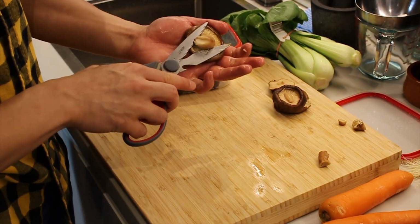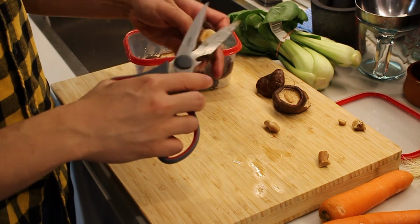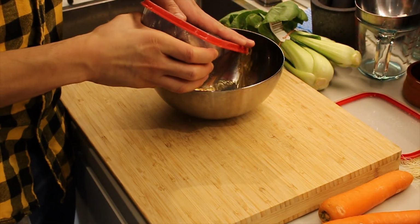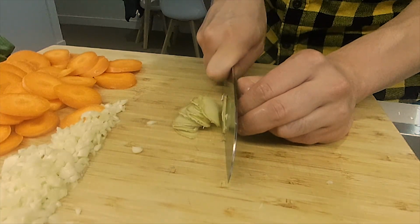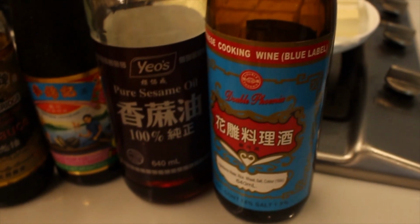When the mushrooms are done soaking, cut off the stems with some kitchen shears. The stems are a bit woody and not as fun to eat as the caps. Remember not to throw out the shiitake water as well, because that's going to be our stock. We'll also need ginger, garlic, and spring onion, and all of that will be fried in a splash of Shaoxing